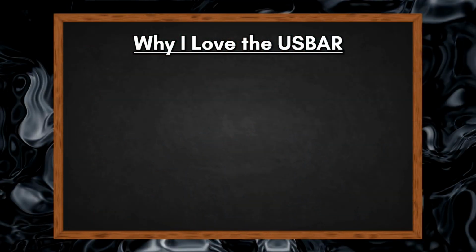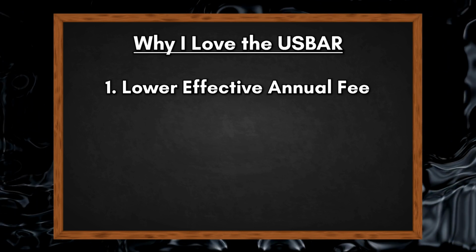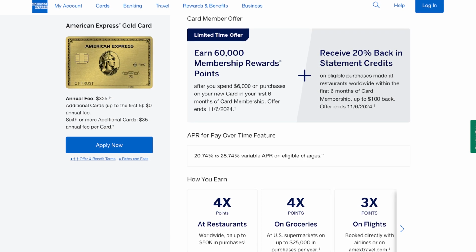And that brings me to the first reason why I love this card, which is its lower effective annual fee. Now, at first glance, this is not a card that you'd think would have a low annual fee, clocking in at $400 per year. But one of my biggest pet peeves in the credit card space these days is the drive for many credit card companies, specifically one in particular, to increase annual fees, but to increase the number of